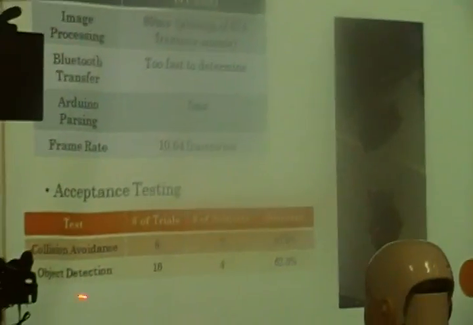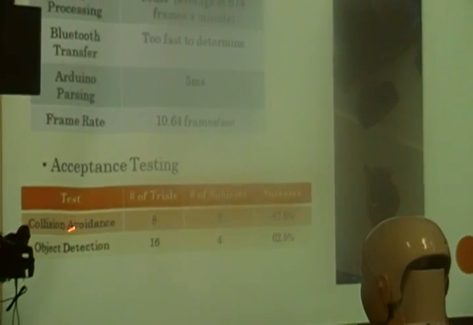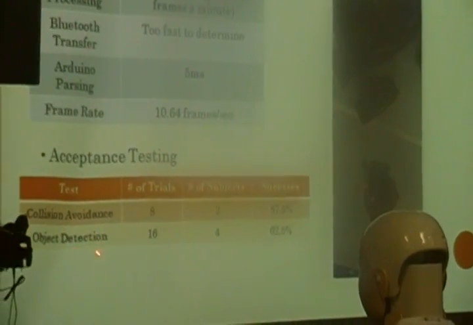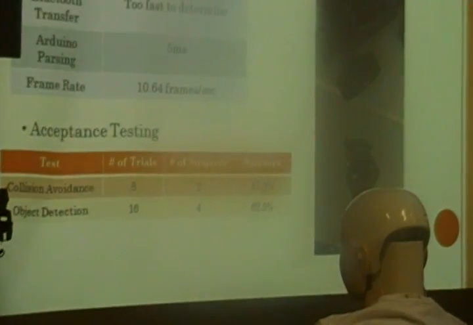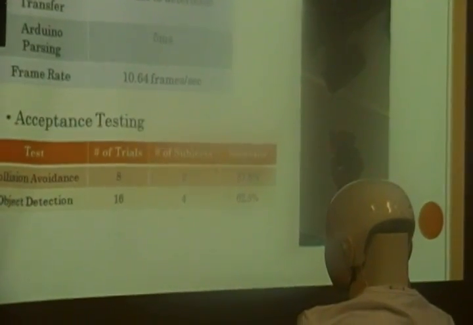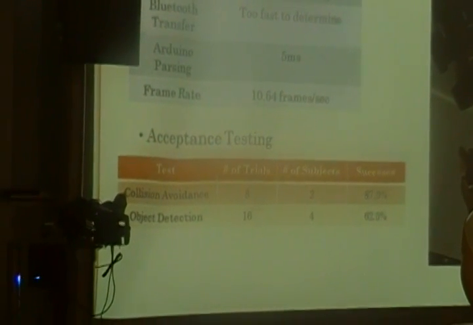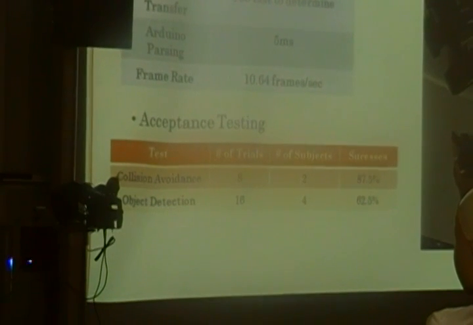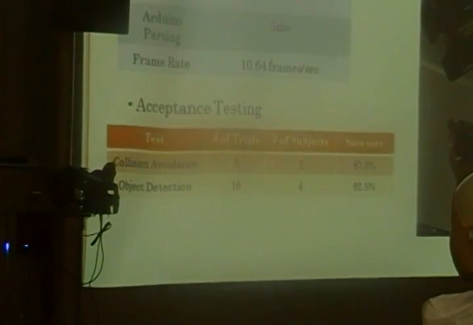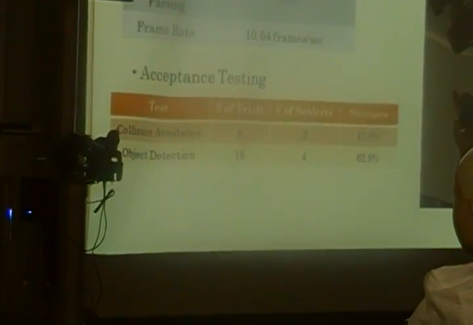Next, we did our acceptance testing. It was based on collision avoidance and object detection. For collision avoidance, the user walks down the hallway to see if he hits the wall or not. For object detection, the user will identify 4 objects on the table. As you can see, for collision avoidance we had 8 trials, 2 subjects, and we achieved 87.5%. For object detection, we had 16 trials, 4 subjects, and we achieved